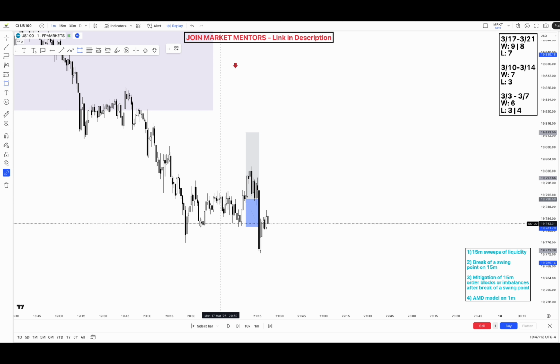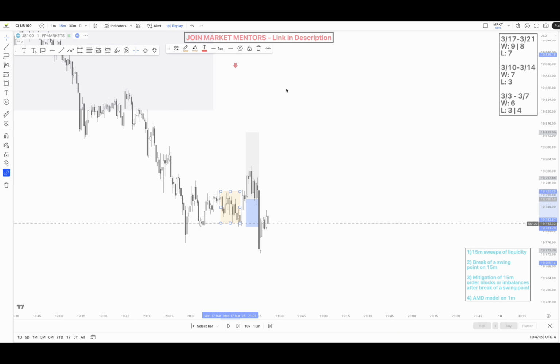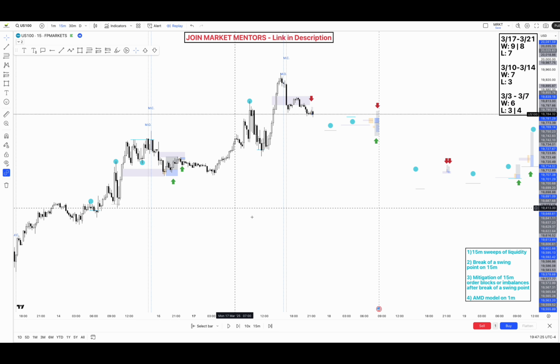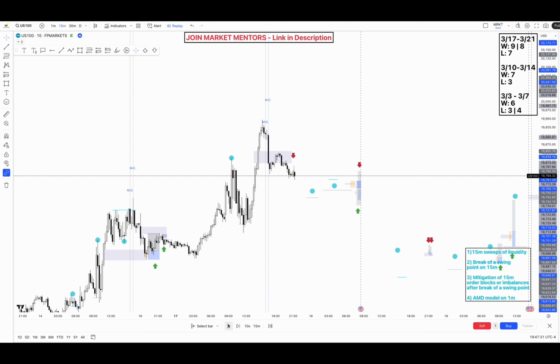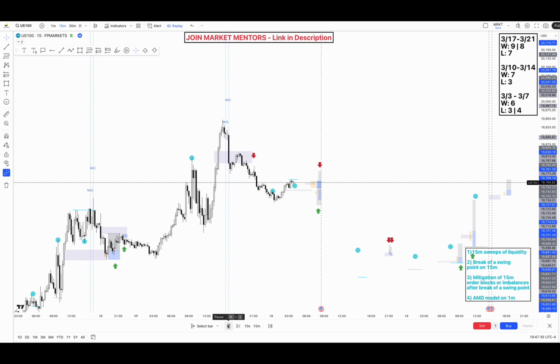See this accumulation? Not sure, I guess it might have got deleted, but I had a full markup for it. Would have been this accumulation here, sweep liquidity there, breaks the upside, leaves some imbalance, and then a valid loss. So move on to the next day. It's all good. That trade from Monday, I would say maybe one there, but I usually can't trade Asian sessions on Monday, so it's not even totally accurate for me to even mark that up. So anyways, going to the next day,